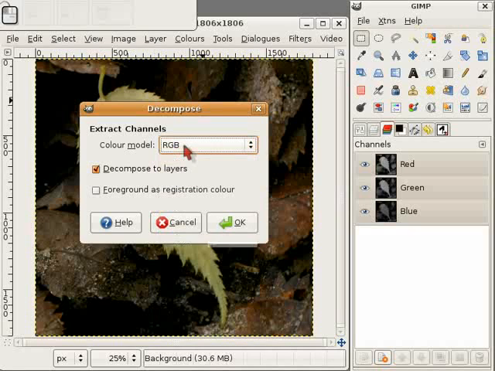I'll select RGB and I decompose into layers. If I unselect this here, I get the 3 images, and so I get 1 image in layers. Let's do that,